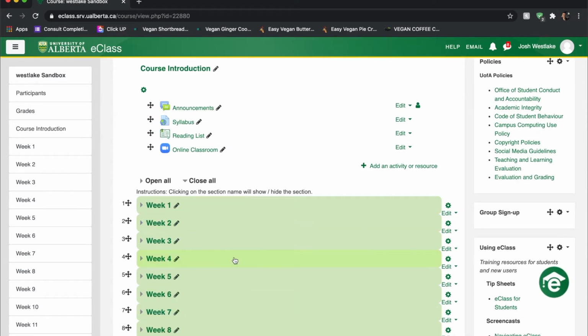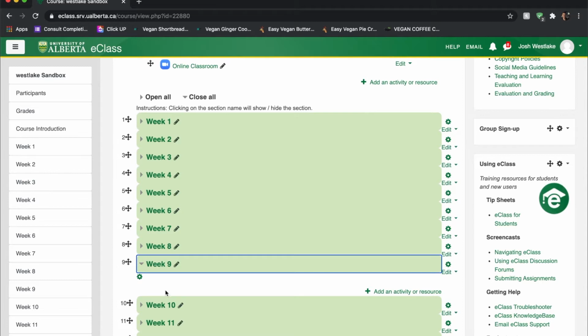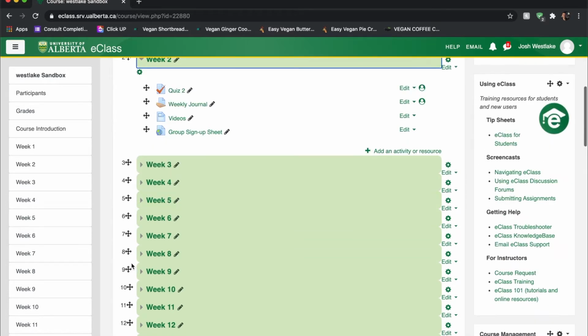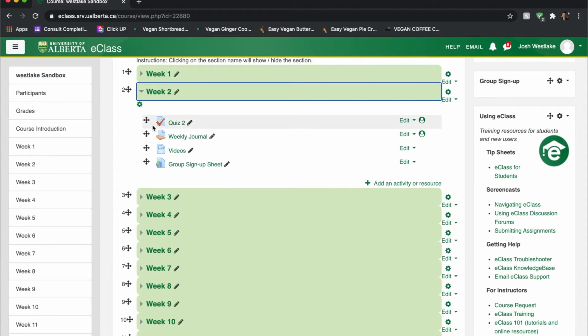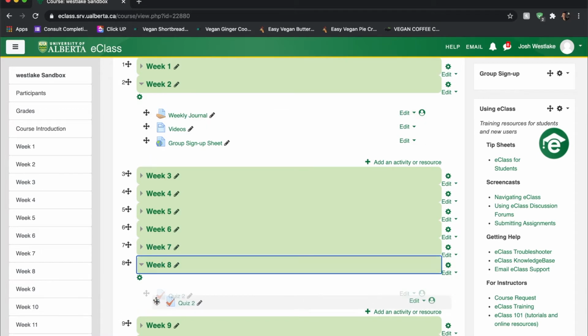So this is really nice because now if I need to open up week 9, I can just scroll down, click on week 9, and then I can see everything that's in there. And even as an instructor, this can be really useful to move things around. So if I need to move something from week 2 to week 8, instead of having to click and drag it down, and some of you may know that it can be quite slow to wait for the screen to scroll down, instead, I can just open up week 2, open up week 8, and then quickly click and drag this into week 8.